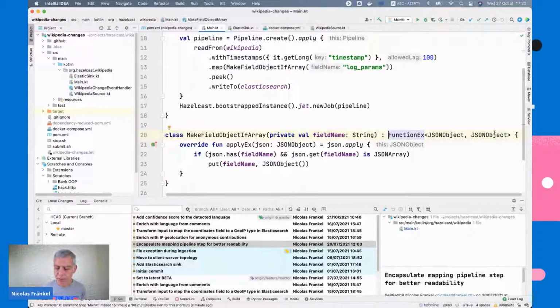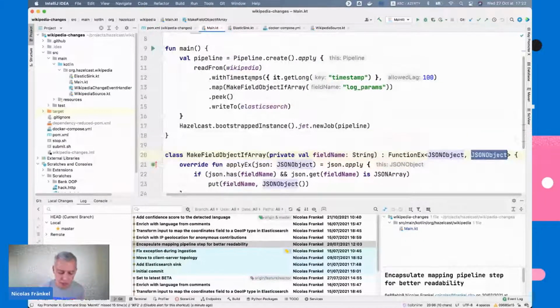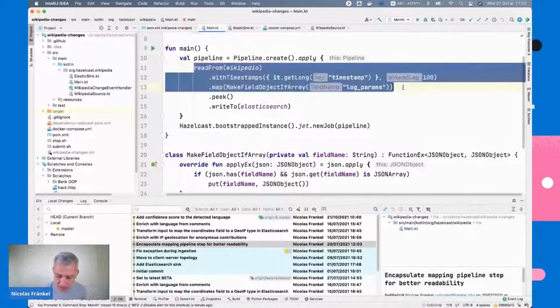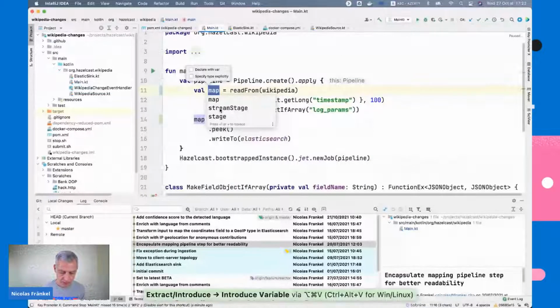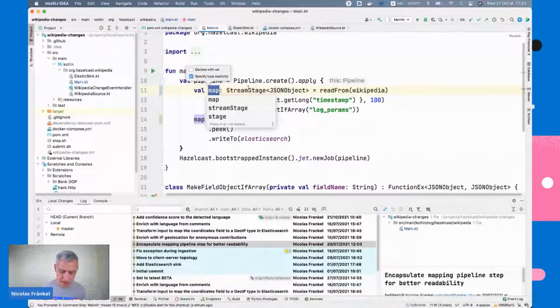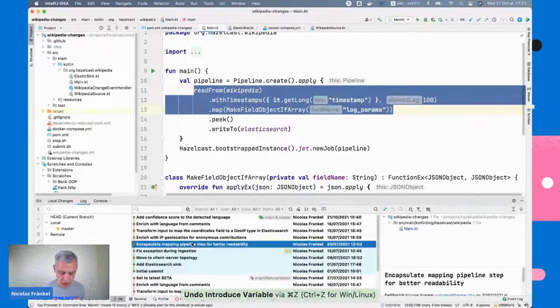Here, I have a function that transforms a JSON object into another JSON object. I can encapsulate it to change a stream stage into a stream stage. So if I specify the type explicitly, it is a stream stage of JSON object into another stream stage of JSON object. So I go one level above, and I will change this function.